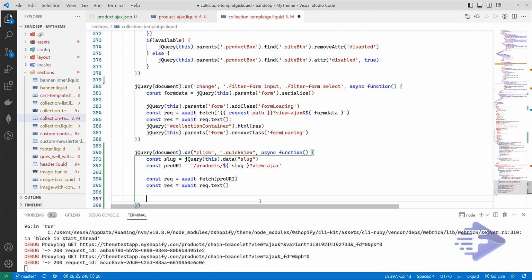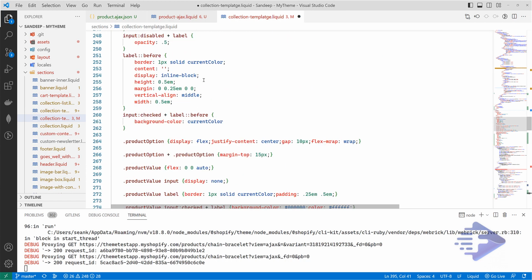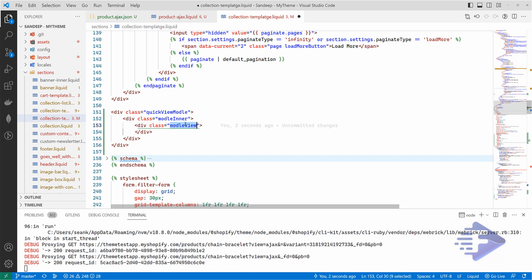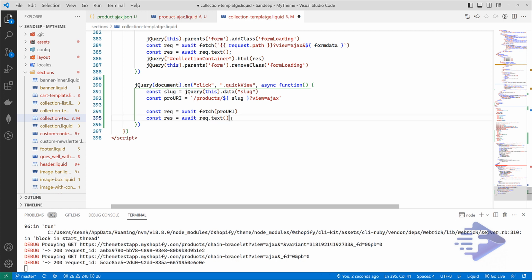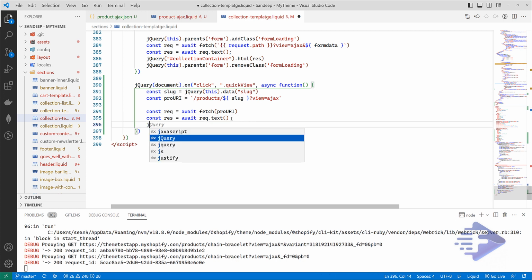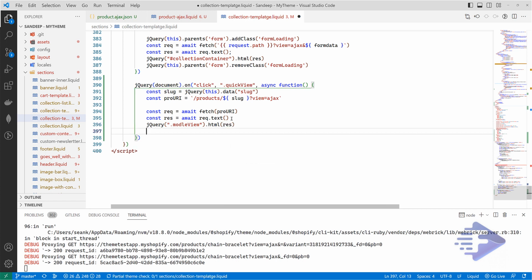And then next thing we have to do, first we have to print this one in our view, sorry, not view, model view. So let's say jQuery dot HTML is equal to response, and then show.